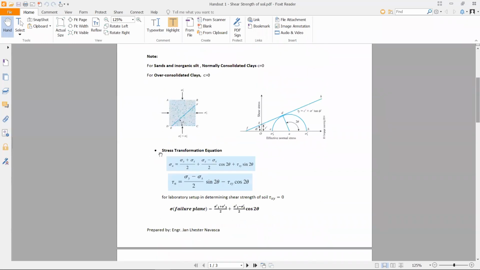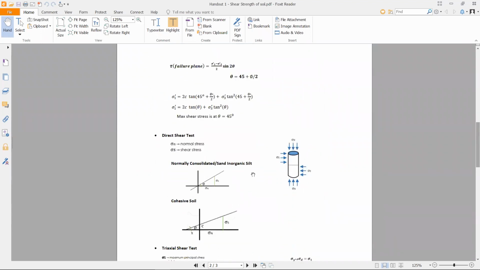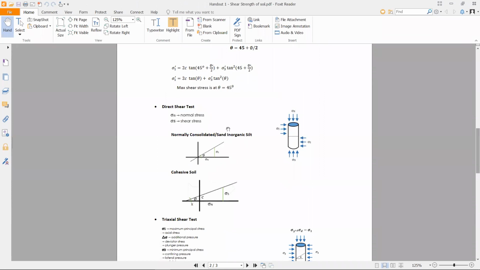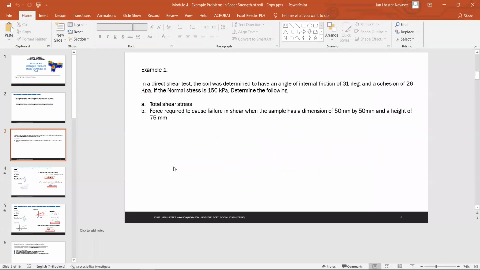This is our stress transformation equation. And we have the direct shear test. For the direct shear test for normally consolidated or inorganic silt, your cohesion value is 0. And for cohesive soil, you have the value of C. That is why in our problem,